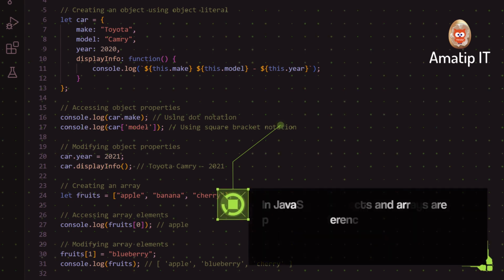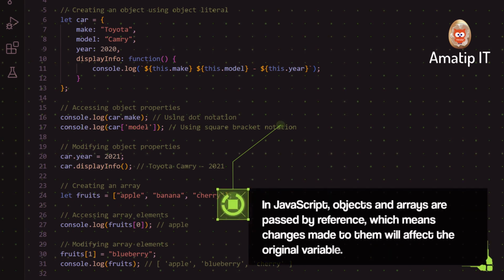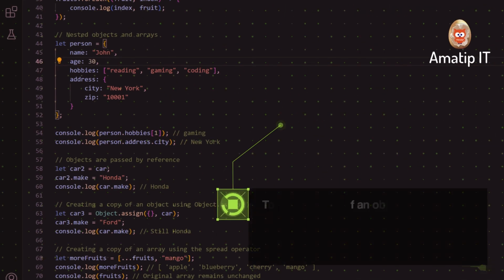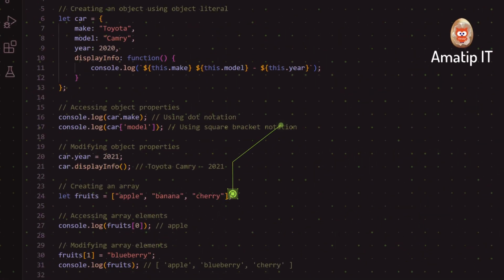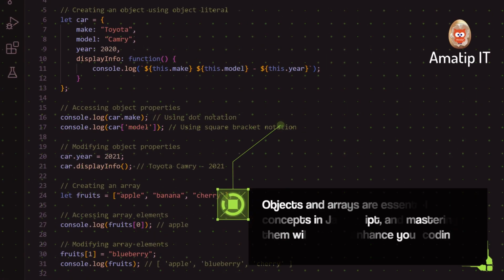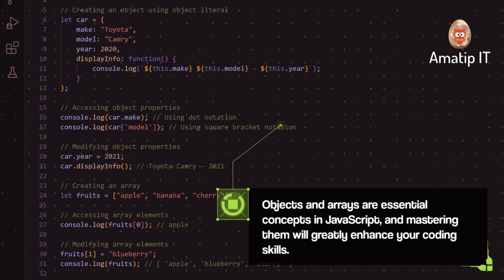In JavaScript, objects and arrays are passed by reference, which means changes made to them will affect the original variable. To make a copy of an object or array without modifying the original, we can use methods like Object.assign, or the spread operator. Objects and arrays are essential concepts in JavaScript, and mastering them will greatly enhance your coding